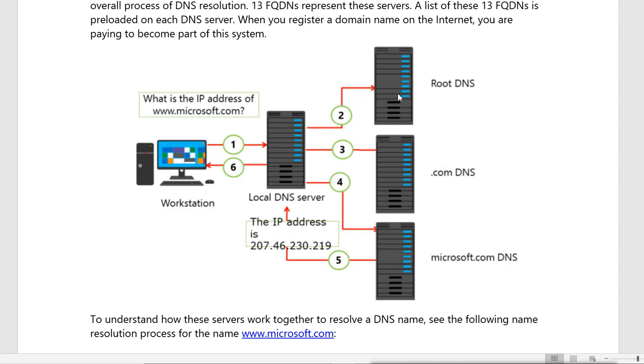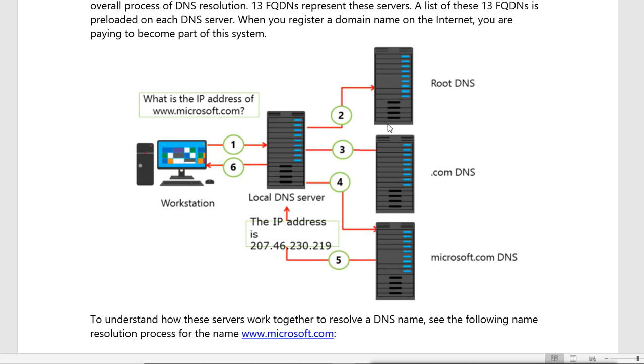Now what does this root hint server do? It is also the dot server, we can say. When you give any name like www.microsoft.com, at the end of the name there is a dot which we don't write, but there is a dot, and this is also called the root hint server. It is represented by that dot, which we don't normally mention. Now this root hint DNS server is a special server. It is not a normal DNS server, so it will not give you the answer. It will always give you a reference to the other DNS server.